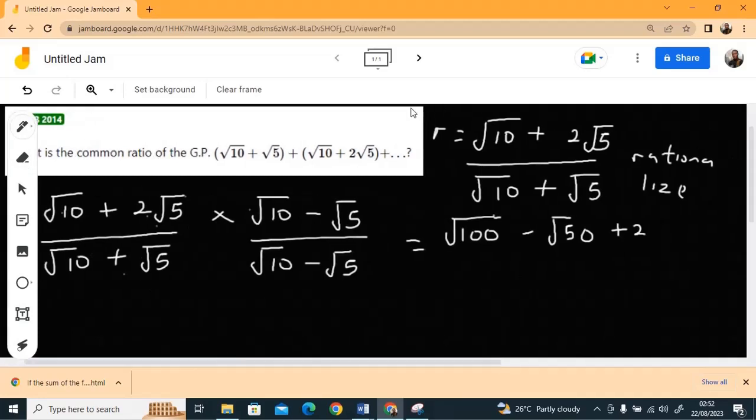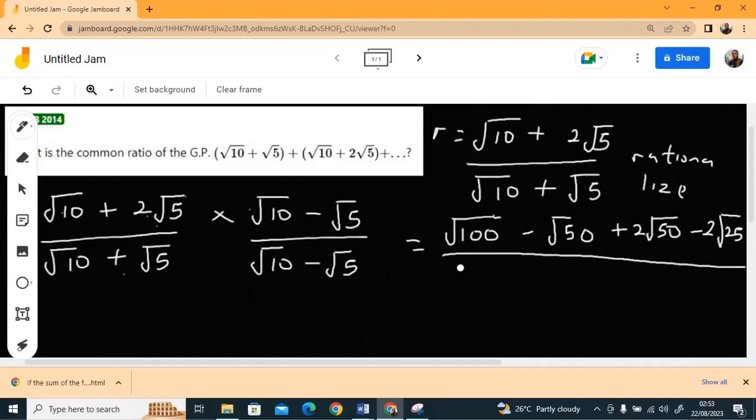Okay, so 2 root 5 times root 10, that is root 50. Plus times minus is minus. There's an invisible one also here, 2 times 1 is 2. Root 5 times root 5, let's write root 25. Though there are better ways of writing this, it is just for understanding's sake. Over, now let's multiply